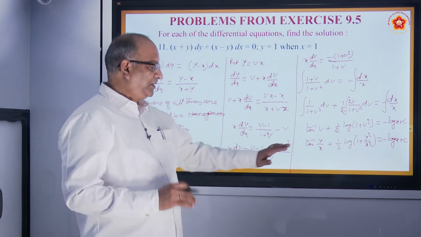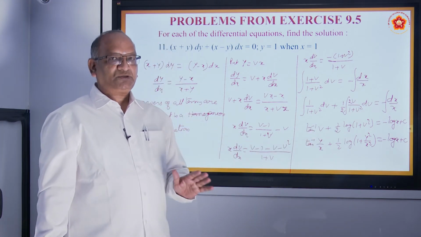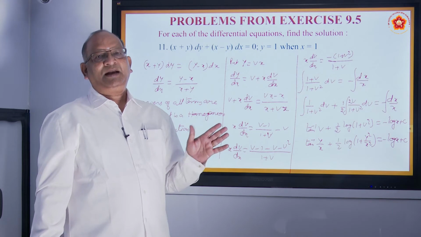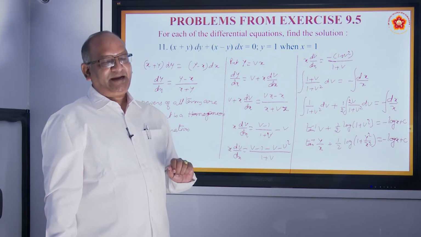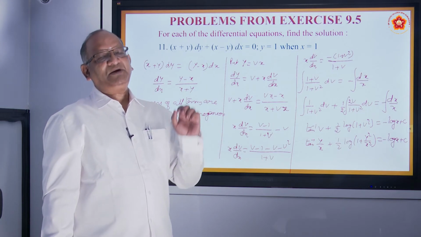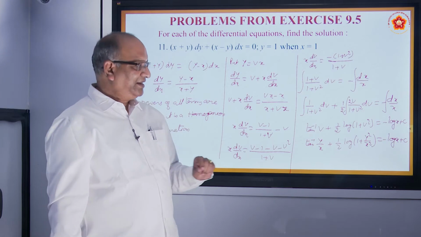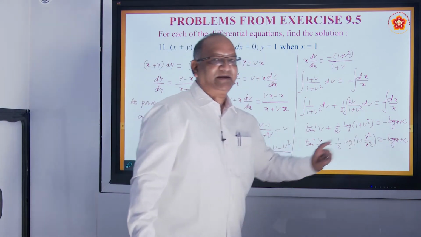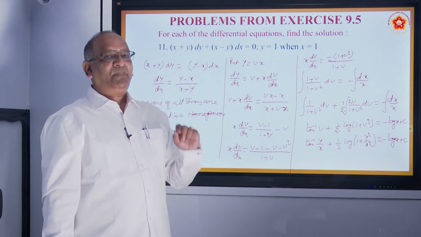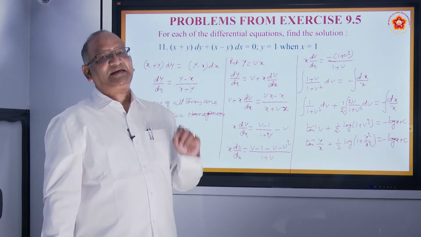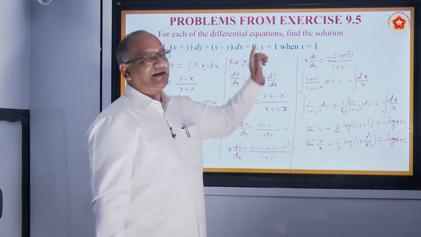Now, this could have been the solution of the differential equation if we are supposed to find general solution like the problems we solved in the previous session. But today, we are finding out the particular solution. So, how do we find particular solution? By finding the value of constant of integration. How do you find the value of constant of integration? By substituting the values of x and y which he has given. He has given y equal to 1 and x equal to 1.